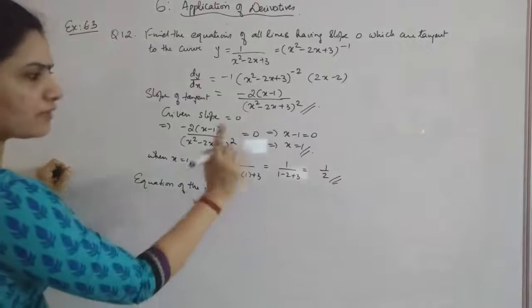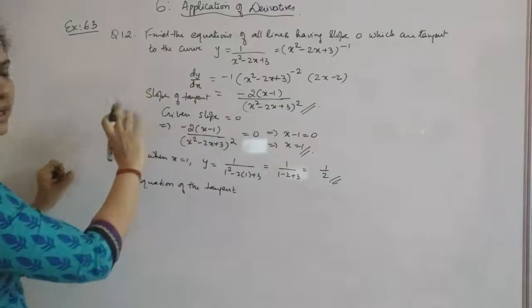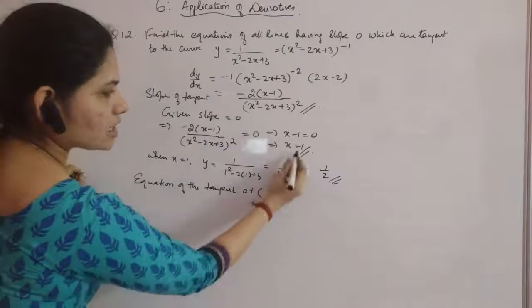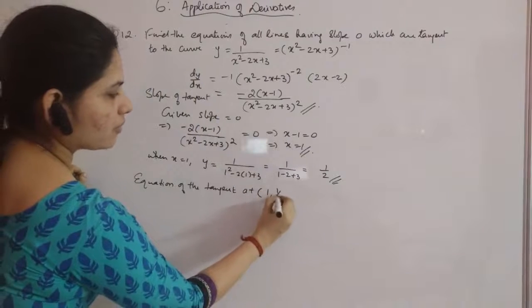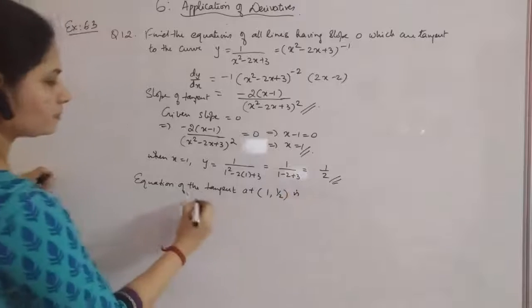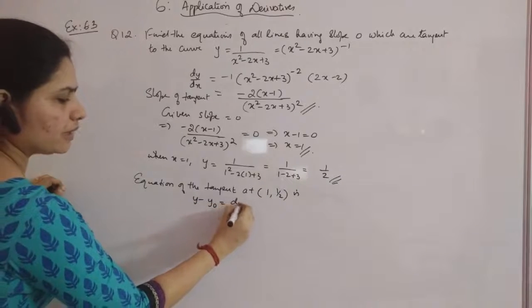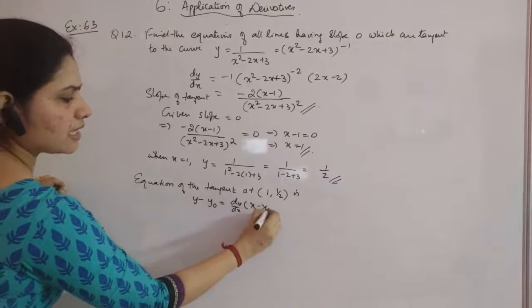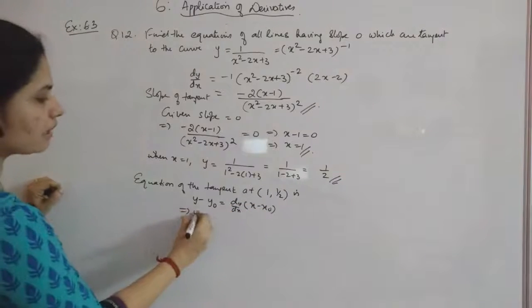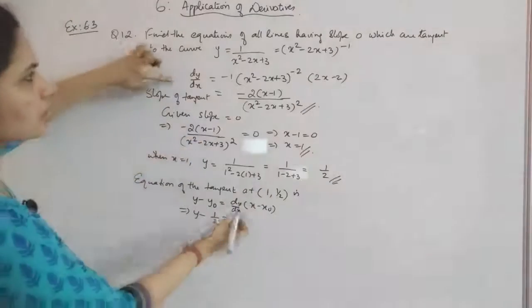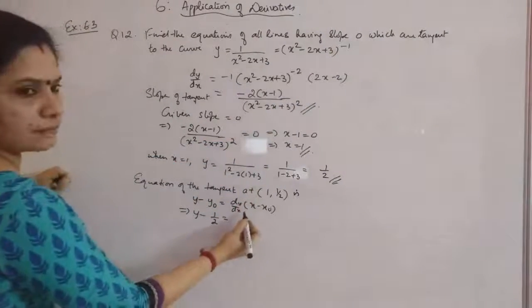Okay, you have got only one point, so you will get only one equation for the line. Tangent at the point, what will be that point? X comma y coordinate. So 1 comma 1 by 2 is y minus y naught equal to slope into dy by dx into x minus x naught, which will give you y minus y naught is 1 by 2 in equal to what is dy by dx, that is given to be 0, that you can use here.